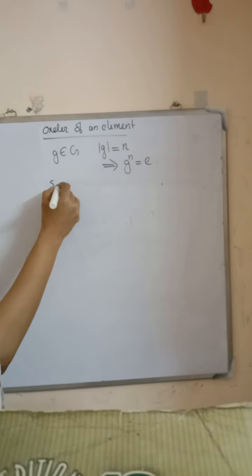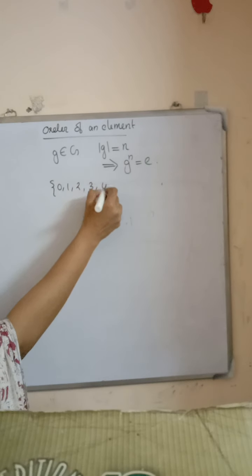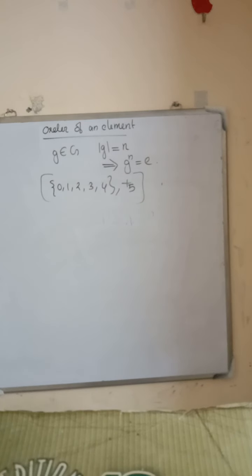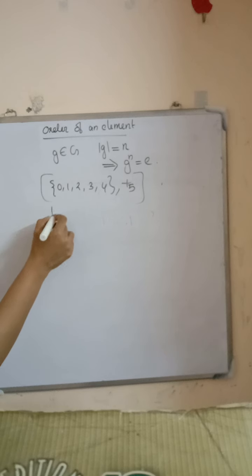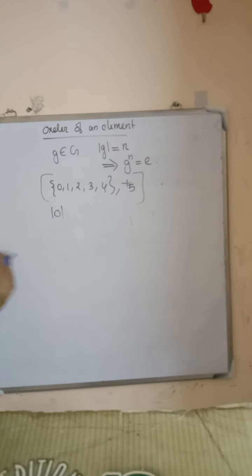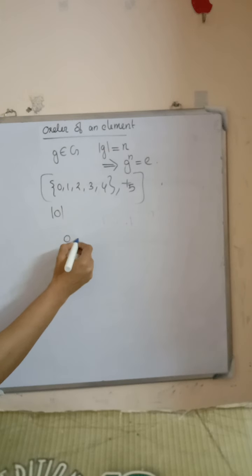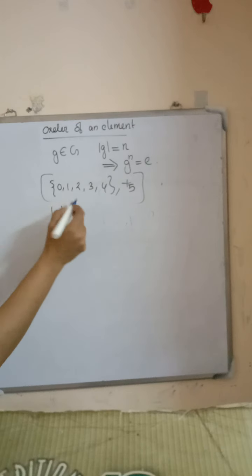Group with the set 0, 1, 2, 3, 4 under the operation addition modulo 5. It is a group because it satisfies the closure property, associativity, and here the identity element is 0 and each element has an inverse. And order of this group is 5 because this set has 5 elements. And what's the order of each element in the set? Order of 0. If we operate 0 one time, we get element 0. So the order of the identity element in each set is 1.